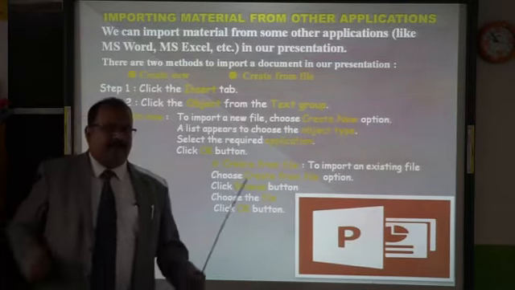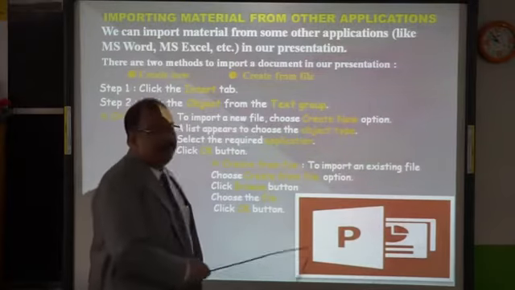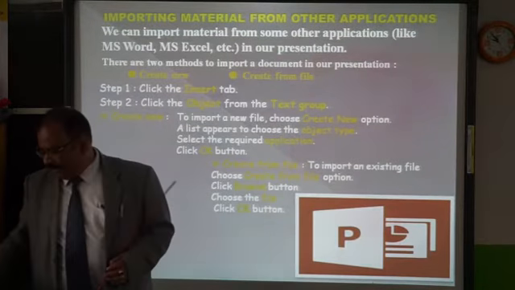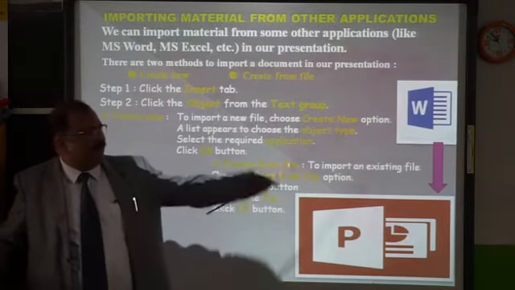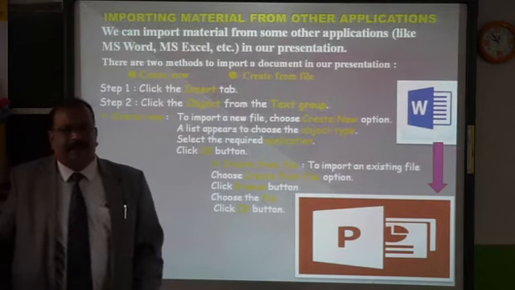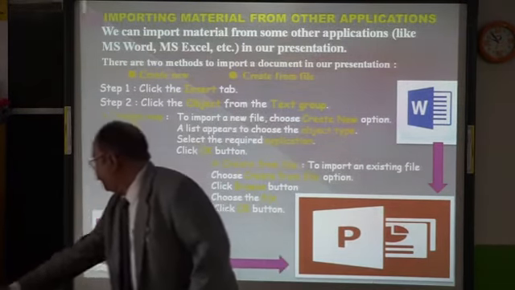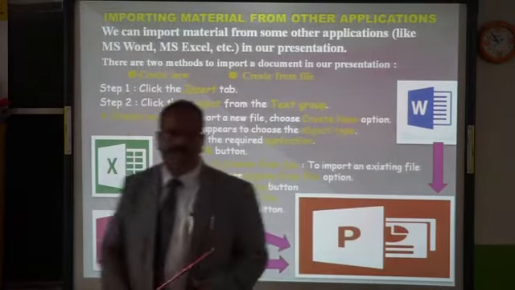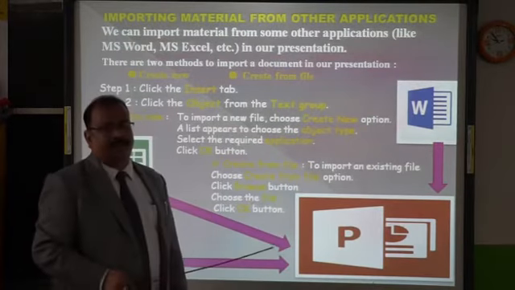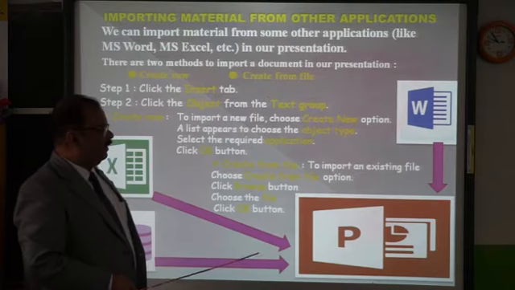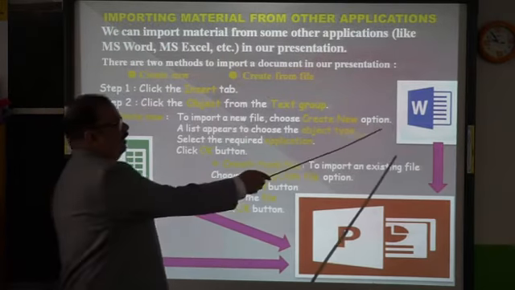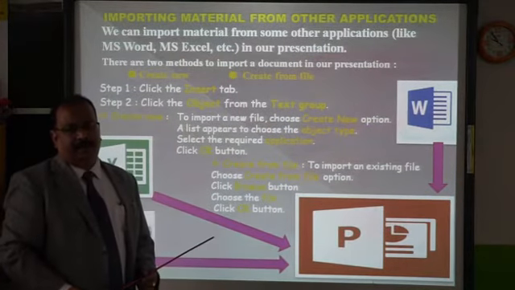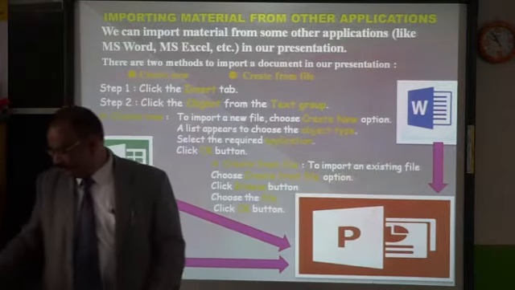Now with this it will be very clear to you. We are here in MS PowerPoint. We are making a presentation. Now we require something from MS Word, for example. So we can get it from MS Word. And same way, not only MS Word, we can get it from MS Excel, MS Access, from anywhere. So this is the way we import the files from various members of MS Office. It's very easy and convenient to get. If you have got a file already in MS Word, you can straight away get it in MS PowerPoint to make your presentation. You need not redo it.